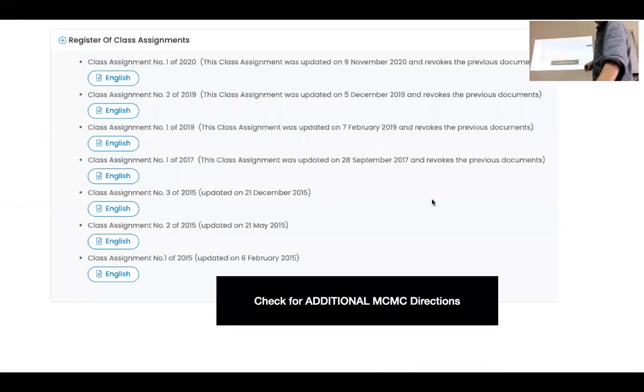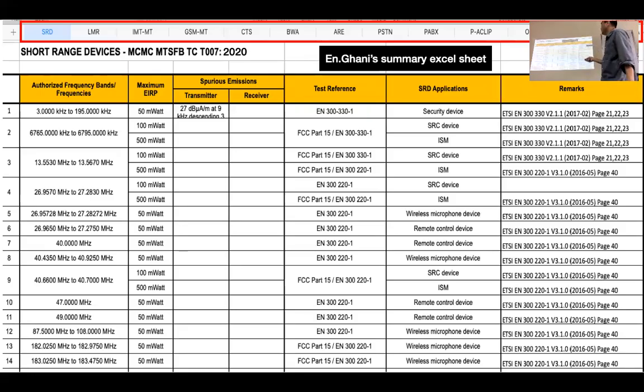Again, this is the same thing earlier on. This one you can get from Jikani. Once you have done one summary, especially on under SRD, what will be the frequency band, ERP, spurious transmission, additional ni lah kalau ada lah. Then what the test reference, what type of application, then dia punya remark. These are more for the technical standards too lah. Okay. So he has a few lah. Quite number lah. I think more the CA semua ada kat sini. Except for DDTV, I think he is 17 and 16. You check with him for that table lah.